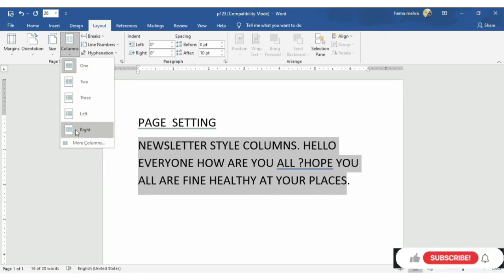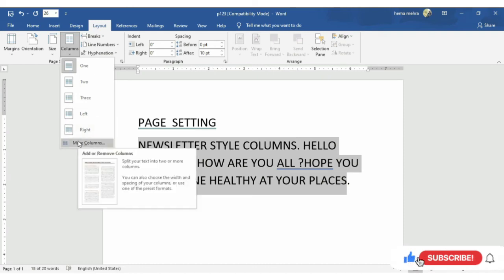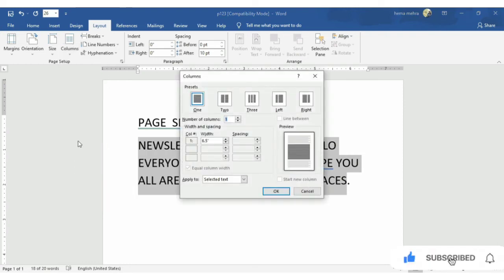Or if these are not your choice, if you want to customize your choice for the column, that is also possible. So for creating a newsletter, we have to click to customize setting, click more columns which is given here, and from here the column dialog box will appear as shown on your screen.